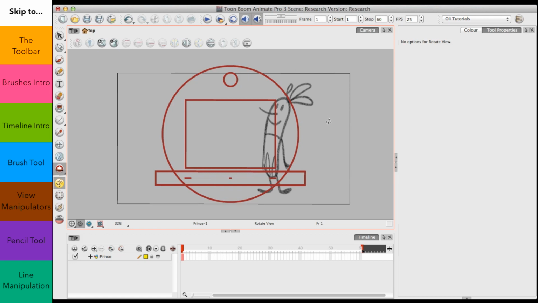If you're really well off, you can afford a beautiful, gorgeous Mercedes-Benz of the tablet world, the Cintiq, which has a rotating pivot on it. But even with that, when I've been able to use one of those, I haven't really used it because it tends to just be a pain in the bum. And back in the day when I had a big Perspex disc to work on and doing the old paper animation,